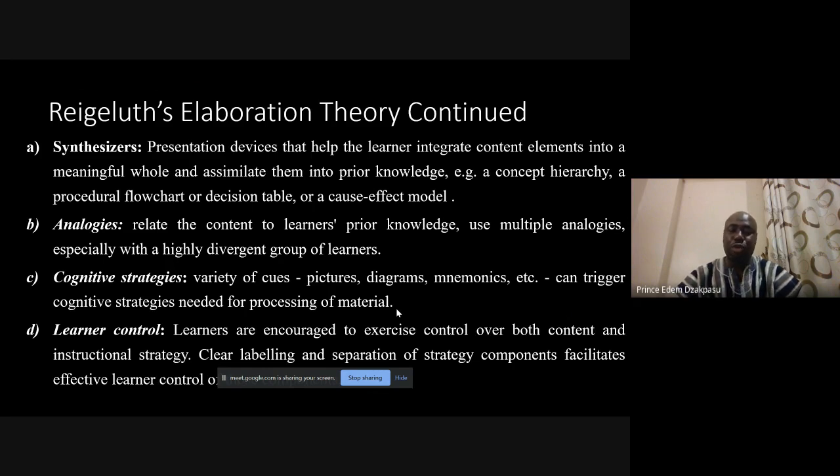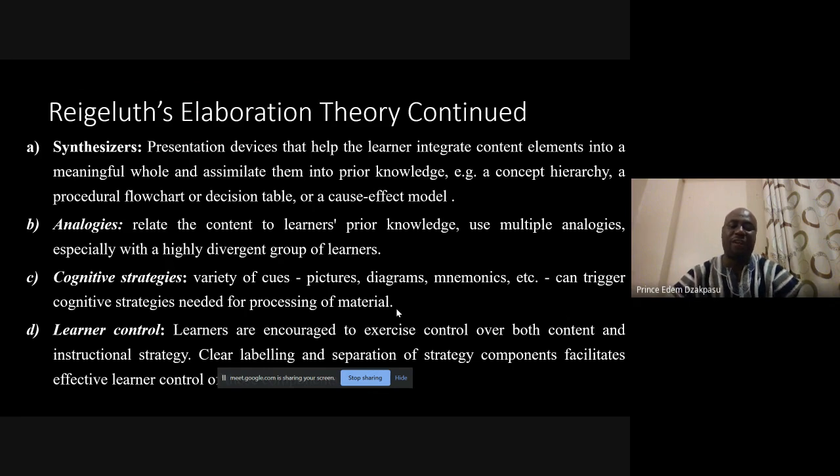We should be able to use simple analogies, especially with a highly divergent group of learners. And then we should have what we call cognitive strategies. Now, when we talk about cognitive strategies, we are talking about a variety of cues, pictures, diagrams, etc., that can trigger cognitive strategies needed